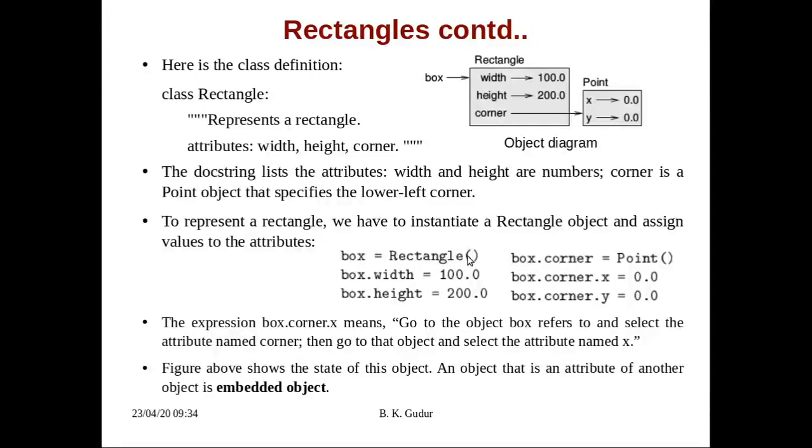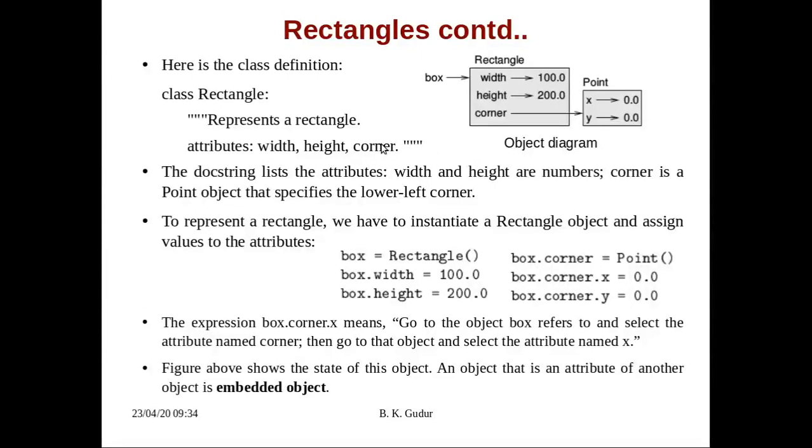When we call this function, an object is created by default, and the name of the object here is box. Then box.width gets some value and box.height gets some value. There are three attributes: width, height and one more, corner. Because this corner is a point, I write box.corner equals Point.